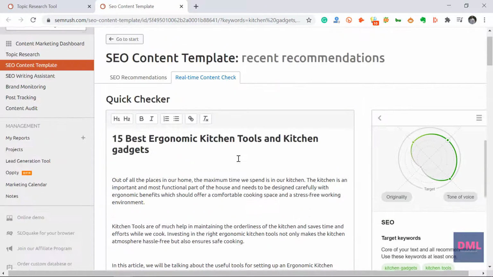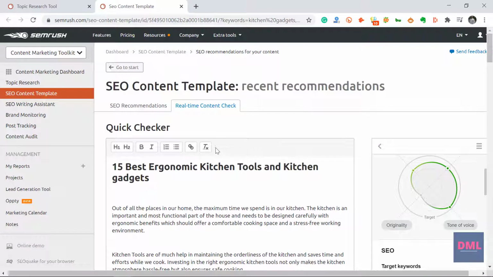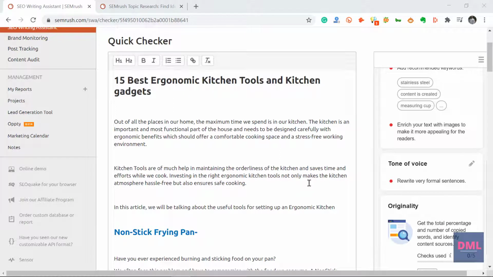So guys, again, a fantastic tool, this SEO writing assistant is. It is really going to help you write better content, so that your content is liked not only by the search engines but also by your readers, by your audience, or by your users. So guys, it is really showing you what you need. It is highlighting the gaps in the content. It is giving you one view to fix all your SEO stuff.